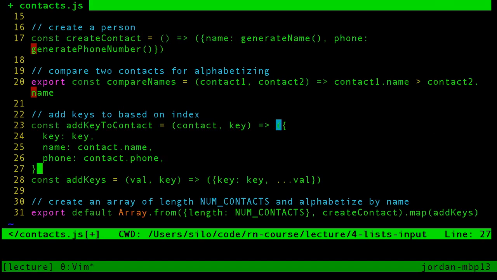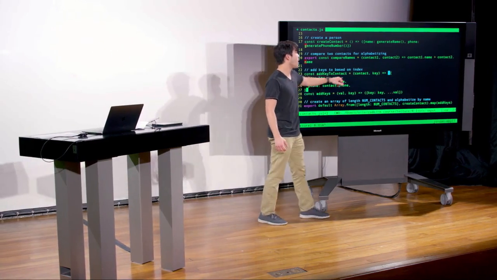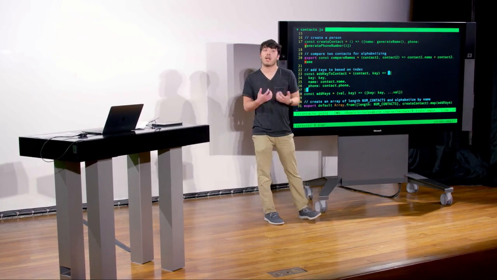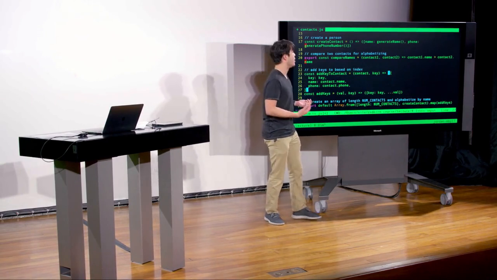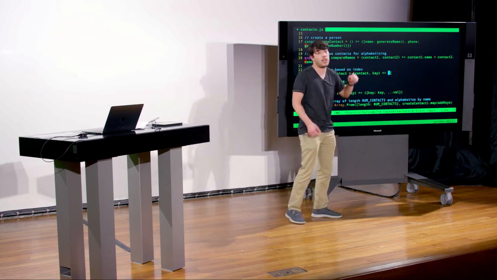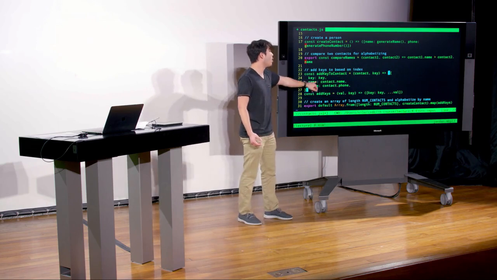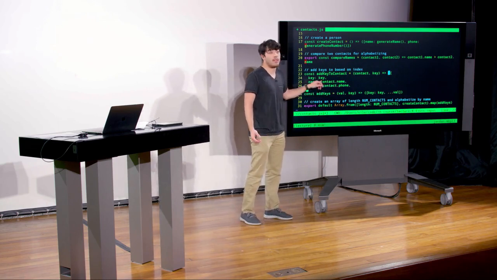Which is fine. It does exactly the same thing as this bottom function does, assuming that contact is in the shape. The downside is, what happens if we start to add new keys to contacts? Say we added a first name and last name rather than name, or say we added an address, or a bunch of other fields. We would also need to remember to go add all of those key value pairs into this